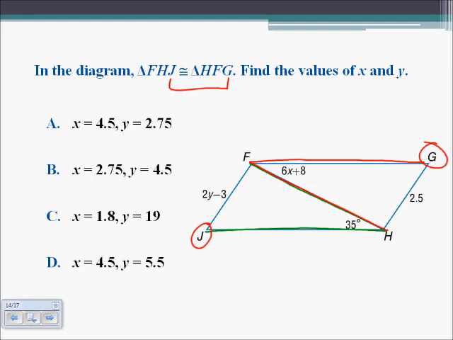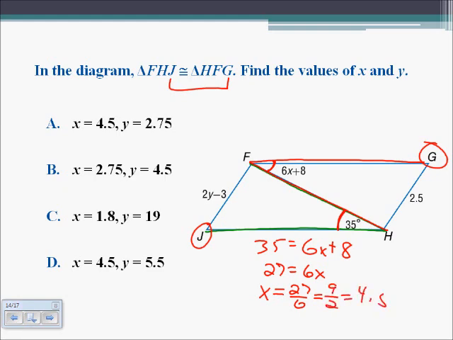We know that the interior here and this one, those are going to be congruent angles. So that helps us out with the setting equal to each other. We know that 35 is equal to 6x plus 8. Subtract 8 on both sides. We have 27 is equal to 6x. And divide by 6, we have x is equal to 27 over 6, which is equal to 9 over 2,